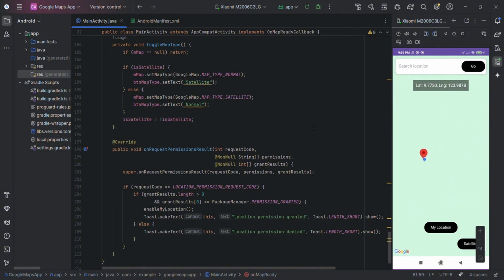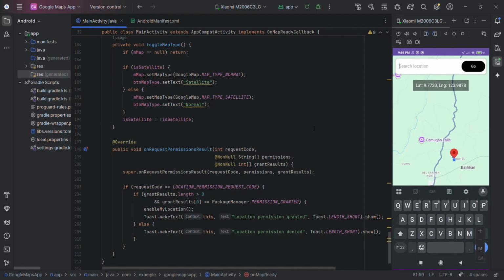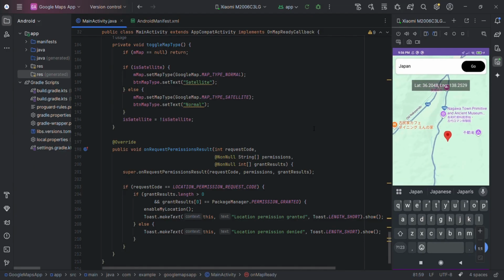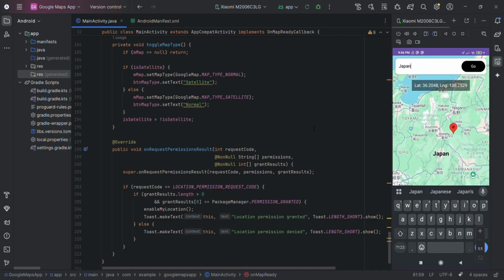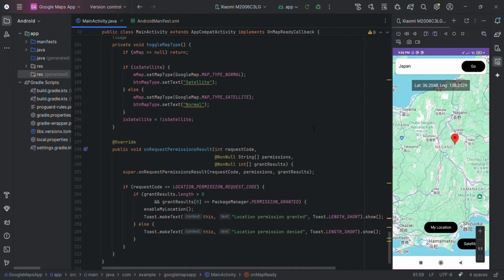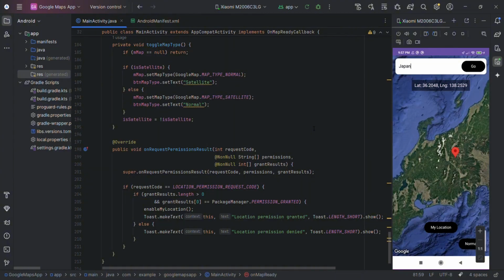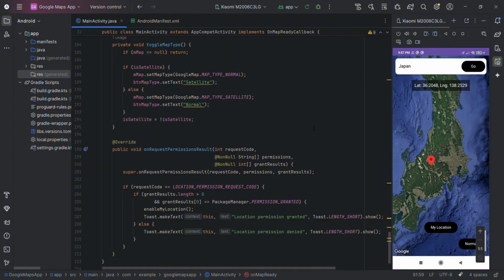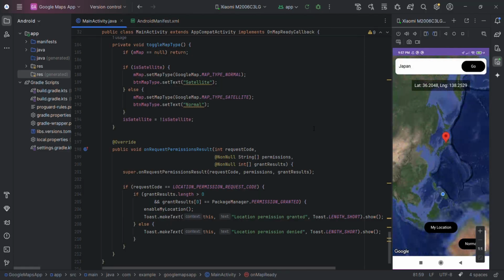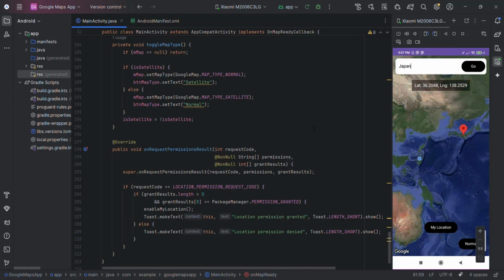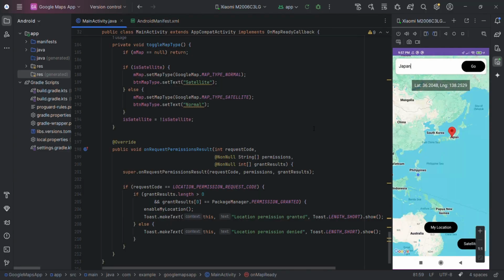If I try searching for Japan, the map moves and the marker updates. And then if I tap satellite, the map switches to satellite view. And then if I tap back to normal, it goes back to normal.